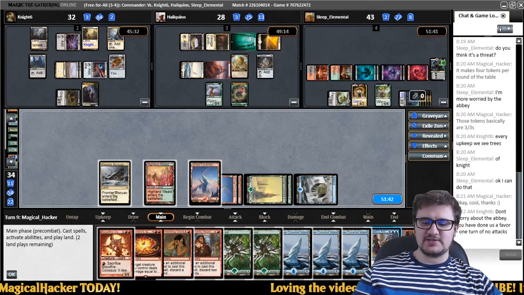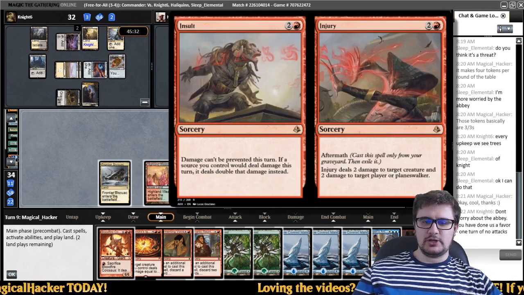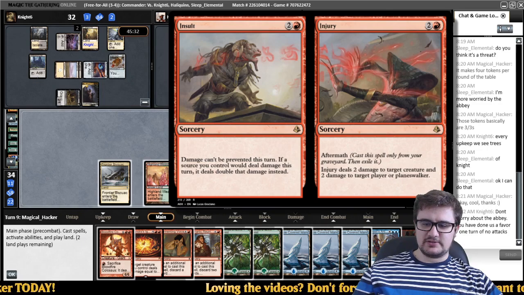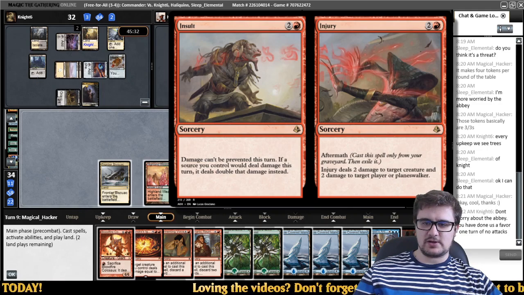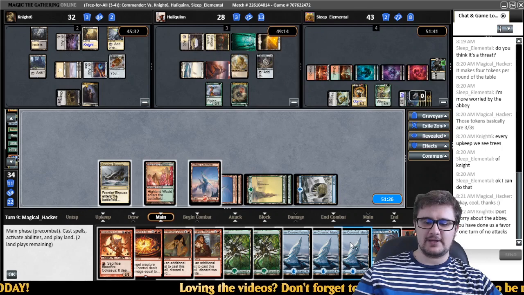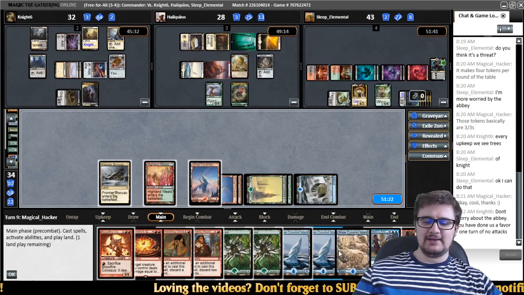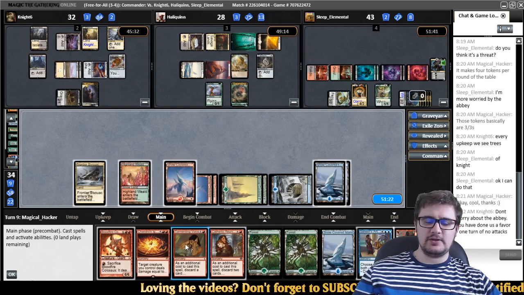This is a 6-drop, 3 mana sorcery. If a source you control would deal damage this turn, it deals double that damage instead. Injury allows us to deal 2 damage to target creature and 2 damage to target player or planeswalker. So that's 6 mana total. We don't have enough mana for that. So why don't we just do this? We're going to play out the island, and let's go ahead and use the Tormenting...